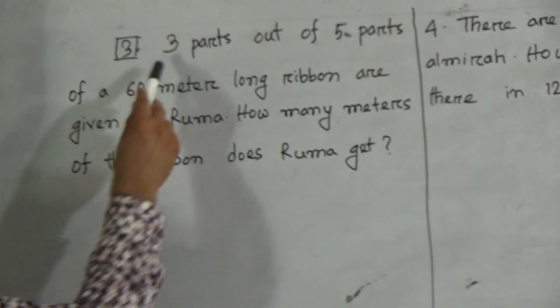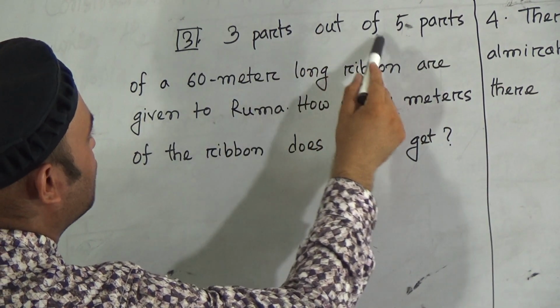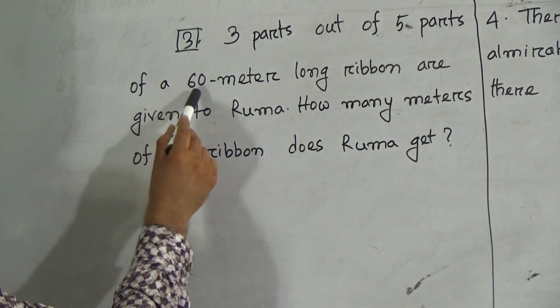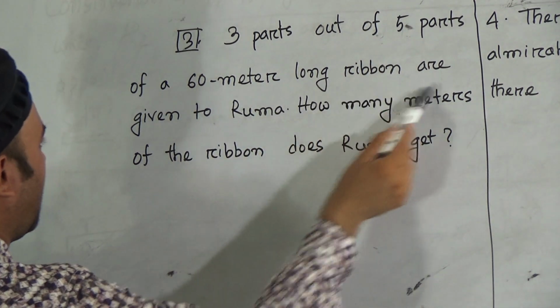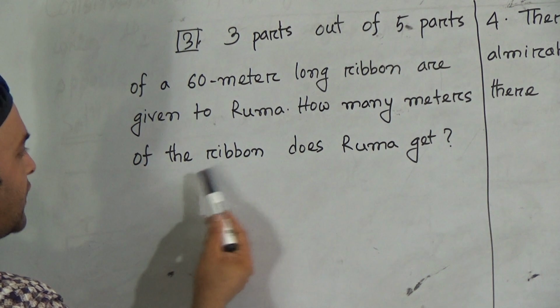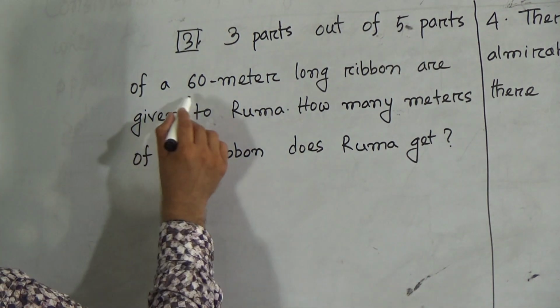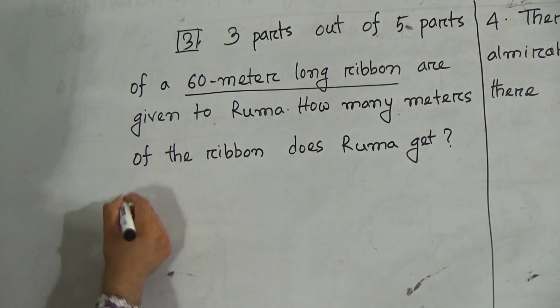Question number 3. 3 parts out of 5 parts of a 60-meter long ribbon are given to Ruma. How many meters of the ribbon does Ruma get? So here, a 60-meter long ribbon. So, solution,